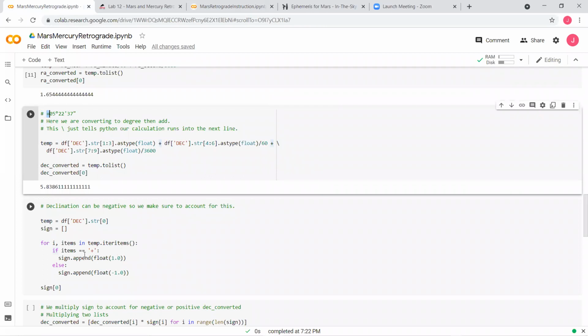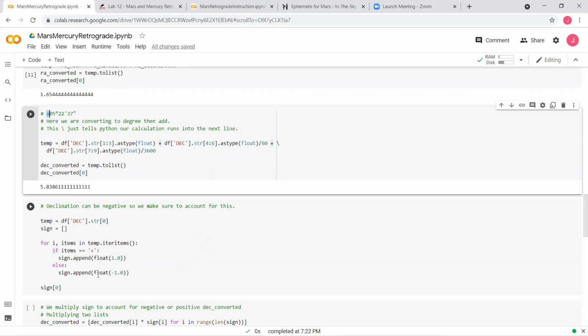So this thing right here just checks the condition. See right here, it takes the first position, which is this guy right here, the sign. And then it's going to go over the entire list one by one, and check if it's a plus, then you're going to want to have plus 1 or 1.0. If this thing right here is a negative, right here, then